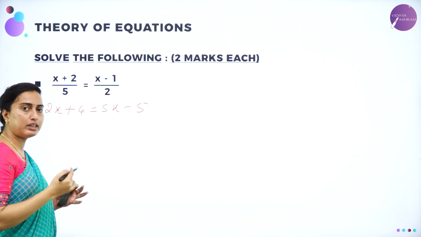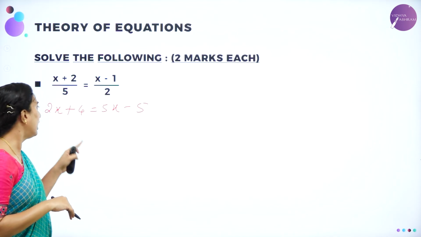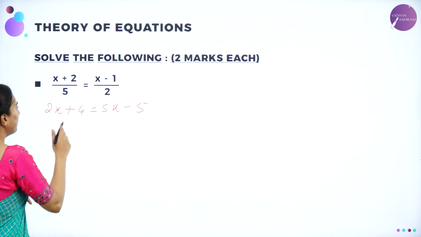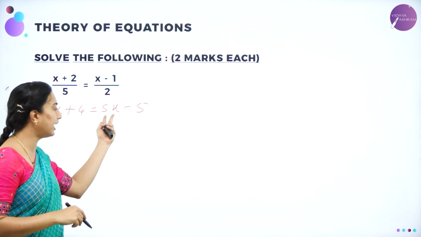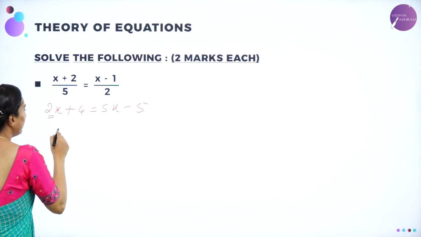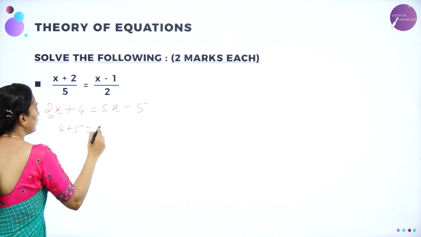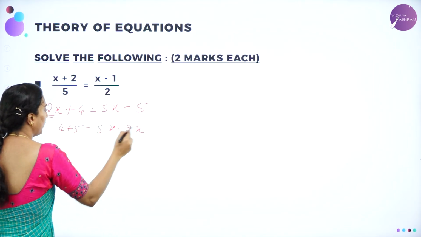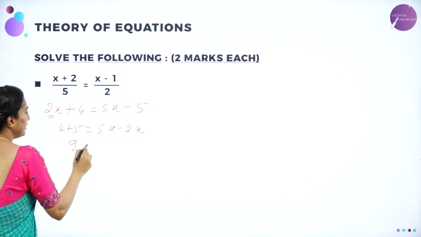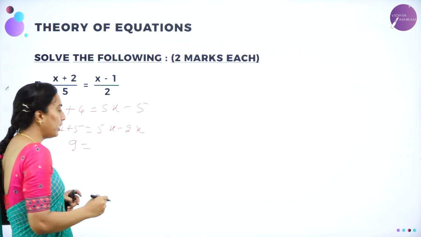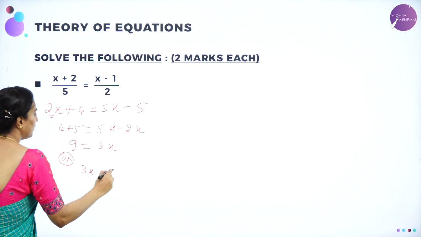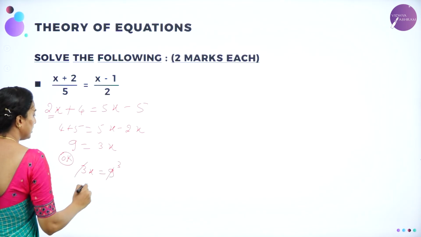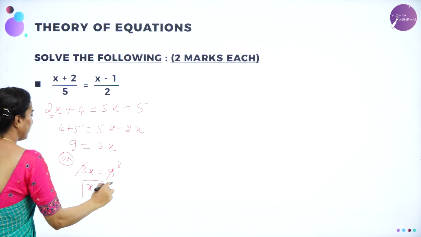Now as the usual method, collecting all the x terms on one side and constant terms on the other side. Now I am bringing this 2x to that side, minus 5 to this side, because you are having 5x as the higher value. So therefore 4 plus 5 is equal to 5x minus 2x. Otherwise, 4 plus 5 is 9, is equal to 5x minus 2x, which is 3x. Or you can write this as 3x is equal to 9, or 3 ones are 3, 3 threes are 9. So x will be equal to 3.